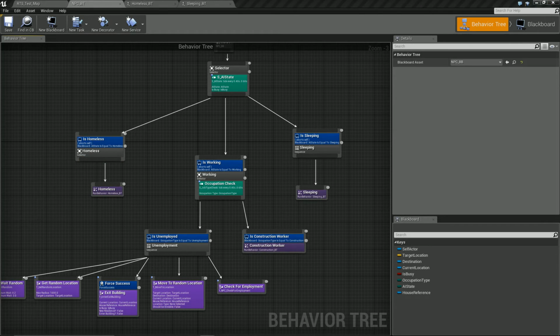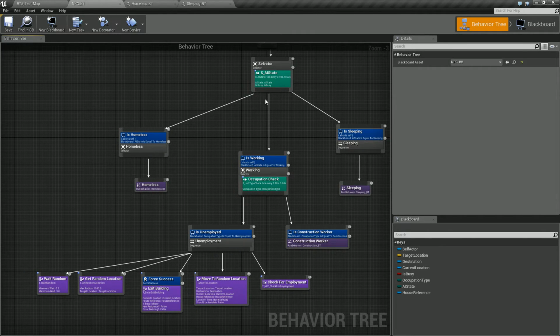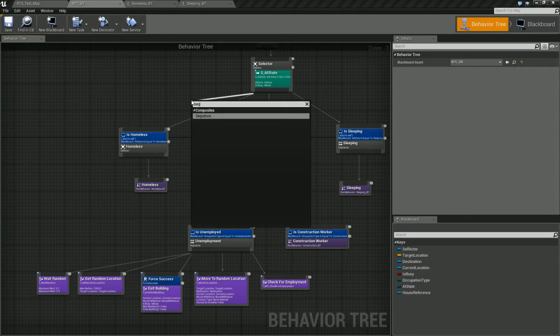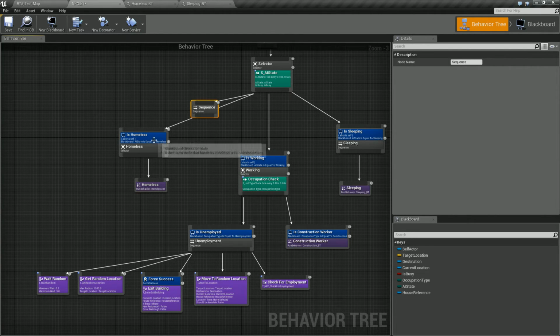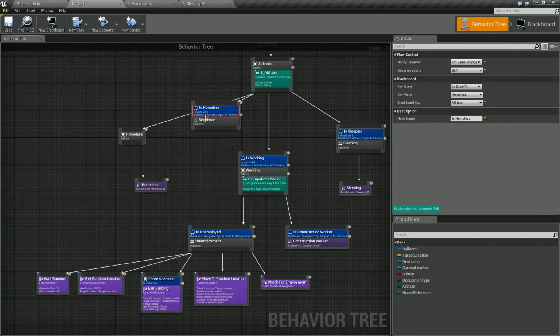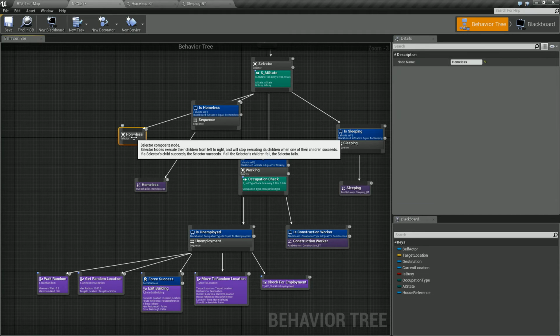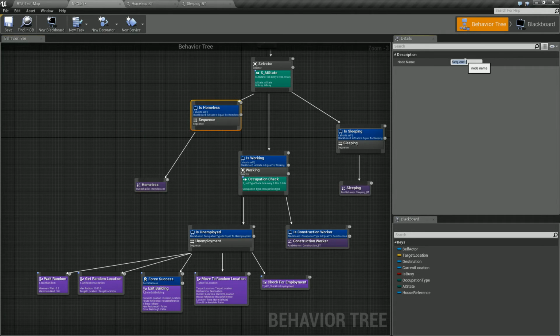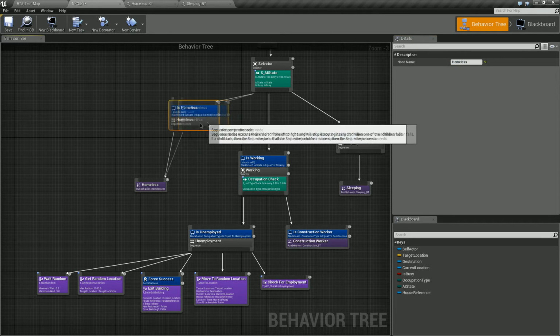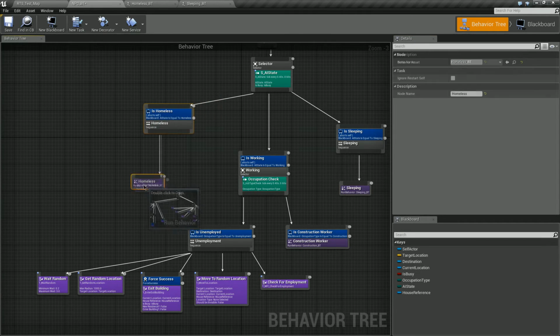Let me look. I don't know if I did that here. Is homeless. You know what? I did do that. I think I did have a problem. I haven't tested this yet, okay? So let's just do a sequence and grab the is homeless, throw it on top of the sequence, and run this and put that right there. Let's delete that. Change the name of this to homeless. Okay, so make this a sequence on the outside in the main behavior tree, and